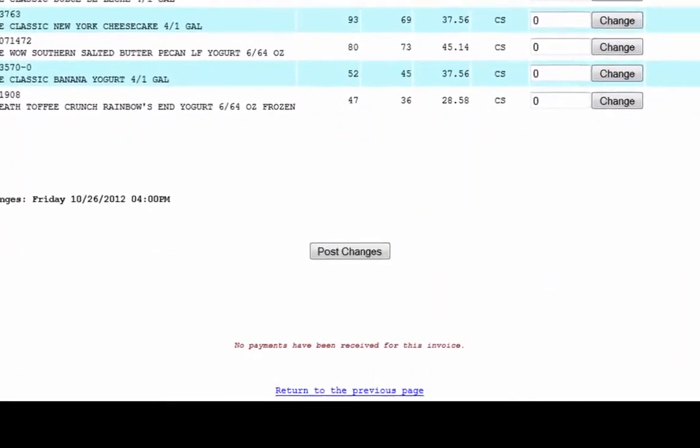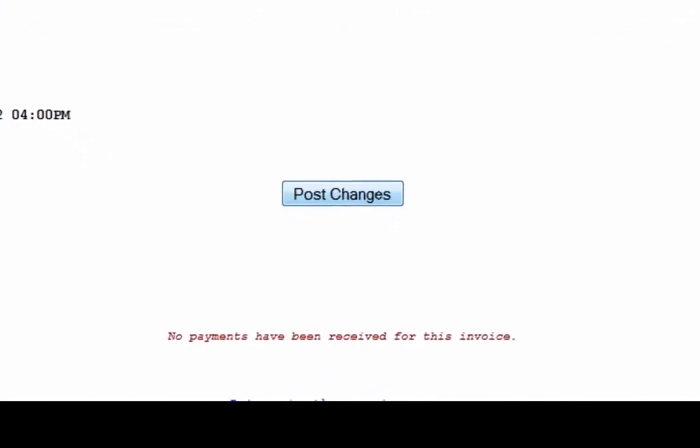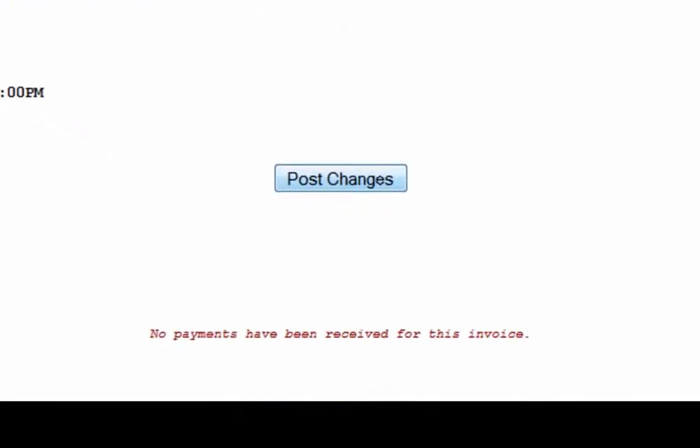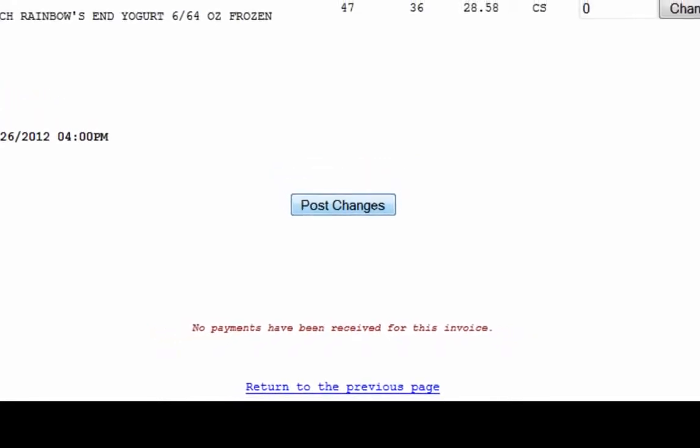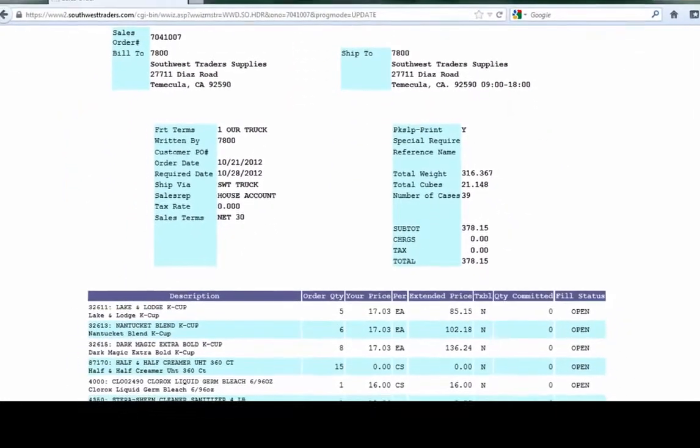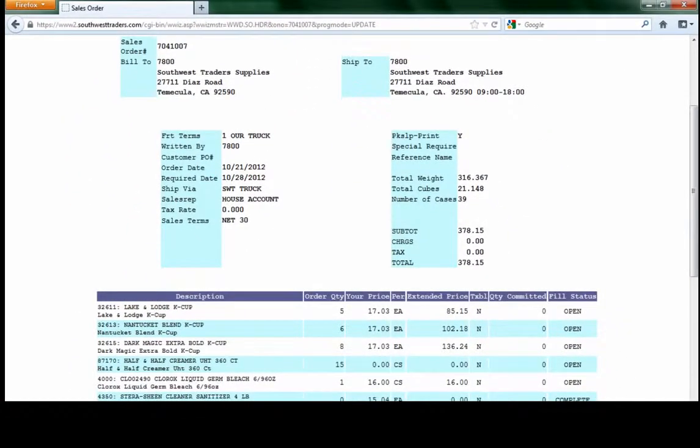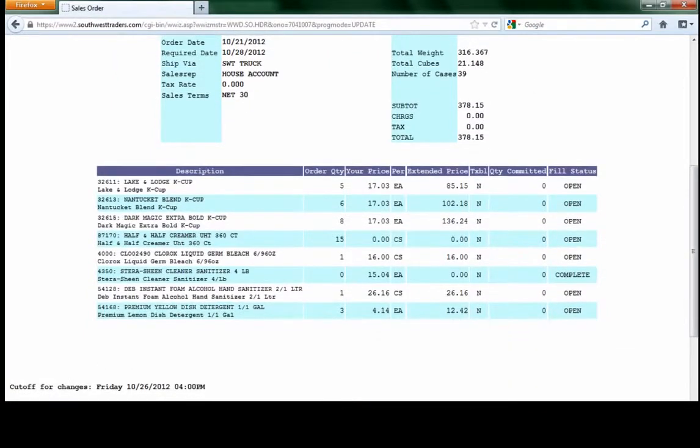Now at the bottom of the screen, until you hit the Post Changes button, none of the changes we just made will go into effect. But as soon as you select this button here, you have successfully revised your existing order. So go ahead and just print this out for your records,